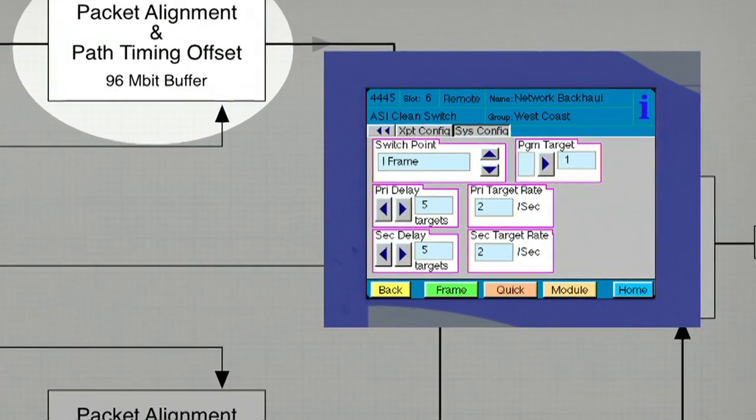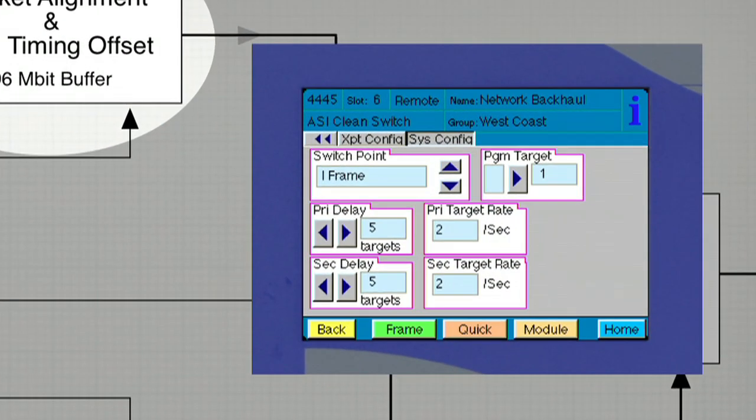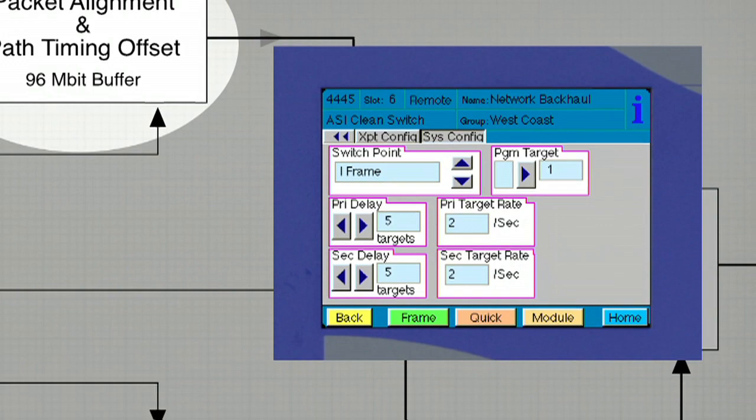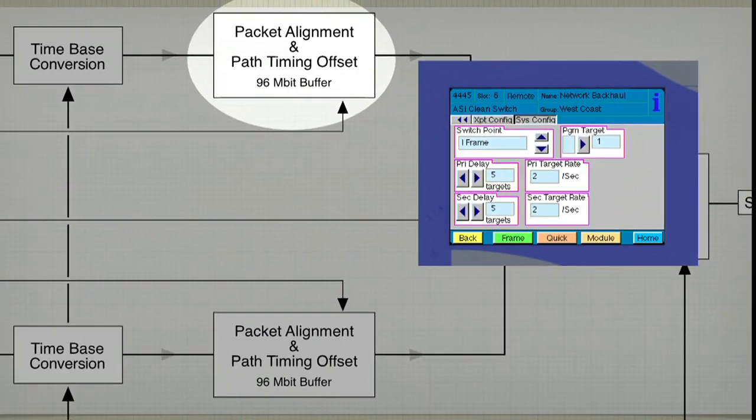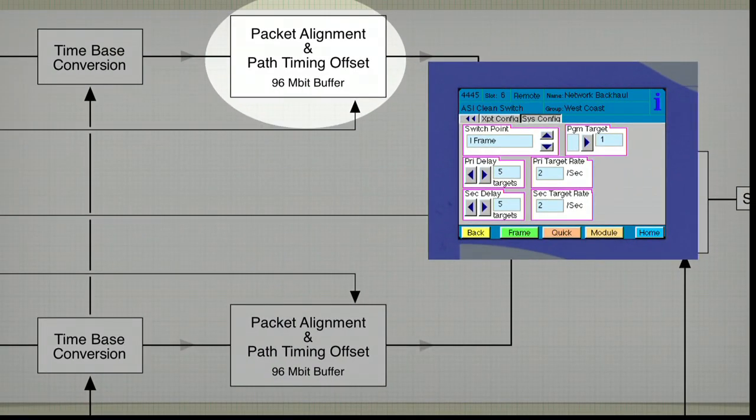Through the control system, you can target the point in the stream where you wish to switch. In this example, we've chosen to switch on I-frames. In MPEG-2, they'll come around a couple of times a second. The delay controls for the primary and the secondary paths have been set to 5 targets. That means that each of those memory buffers will insert a delay of 5 targets both in the primary and